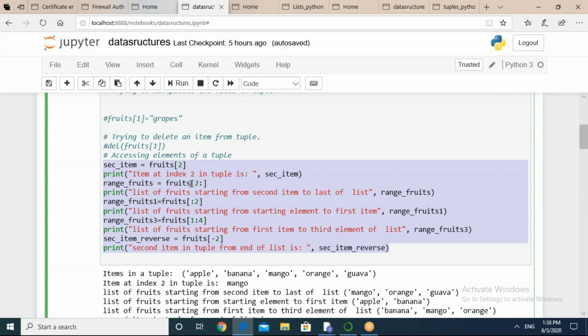उसके बाद हमने इसमें भी स्लाइसिंग करके देखा है कि स्लाइसिंग कर सकते हैं हम. सो सेकंड से लेकर कॉलन के बाद हमने कुछ भी नहीं दिया, तो एप्पल नहीं डिस्प्ले होगा आपका 0 1. It will display mango. फाइन, it will display mango, orange and guava. The 3 values, it will display second item से लेकर last तक. उसके बाद हमने इसमें रन किया है स्लाइसिंग कॉलन 2. कॉलन 2 का मतलब है कि स्टार्टिंग से लेकर फर्स्ट आइटम. तो स्टार्टिंग एंड फर्स्ट मींस एप्पल एंड बनाना. 0th and first item will be displayed.